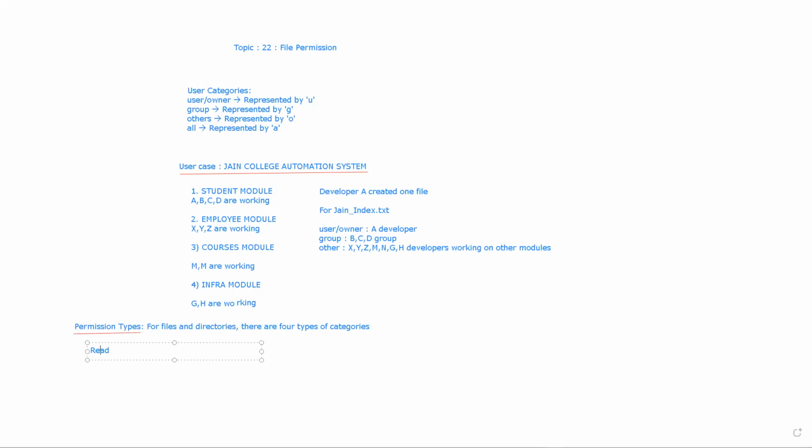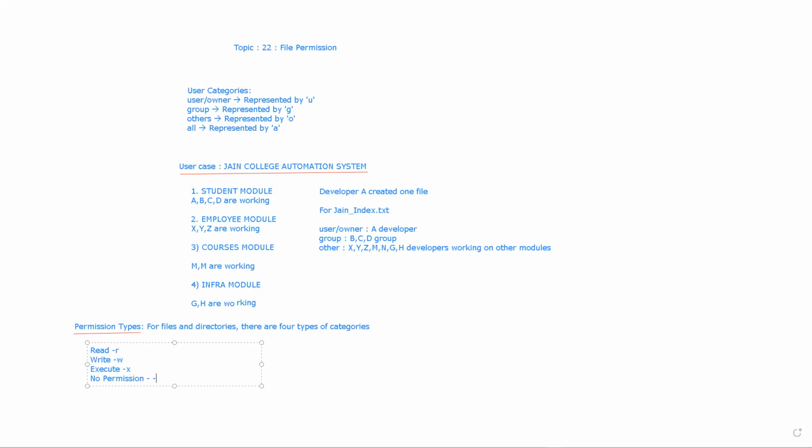Read, which is represented as R. Then write, which is represented by W. Then execute, which is represented as X. Then no permission, which is represented by a dash.